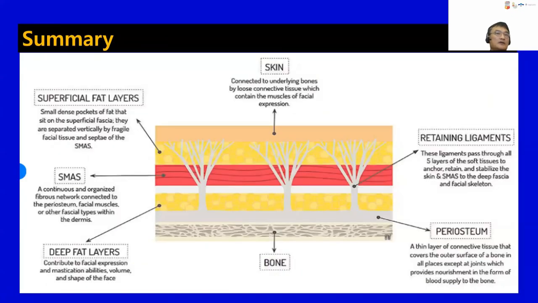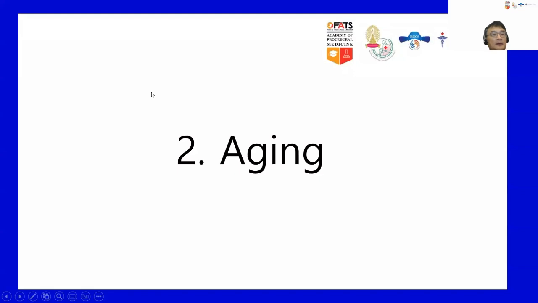Until now, we have talked about anatomy closely linked with fat grafting, mainly focused on prevention of serious complications. As you see here, superficial and deep fat, SMAS, and retaining ligament with the periosteum can be used as target structures, on the basis of the function of each structure, for soft tissue volumizing and facial contouring by fat grafting. I need to talk to you about aging because it is very important to prevent an unnatural facial contour from fat grafting.